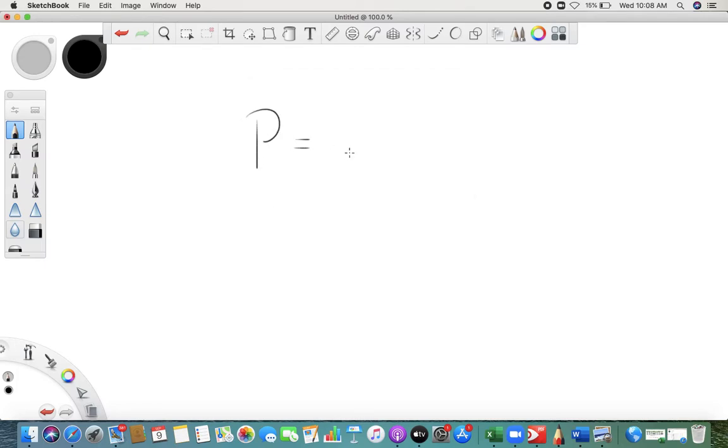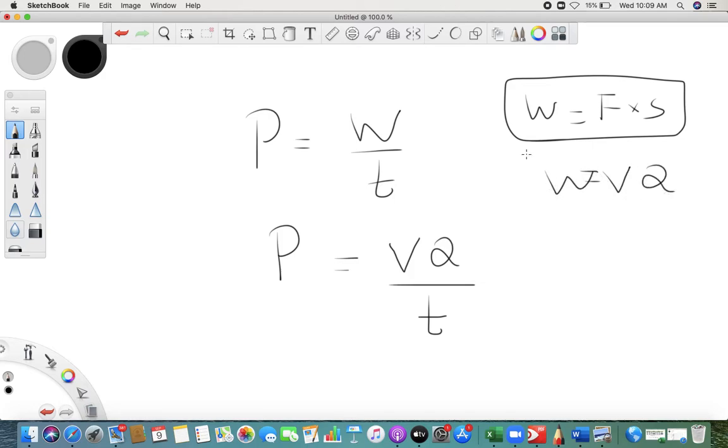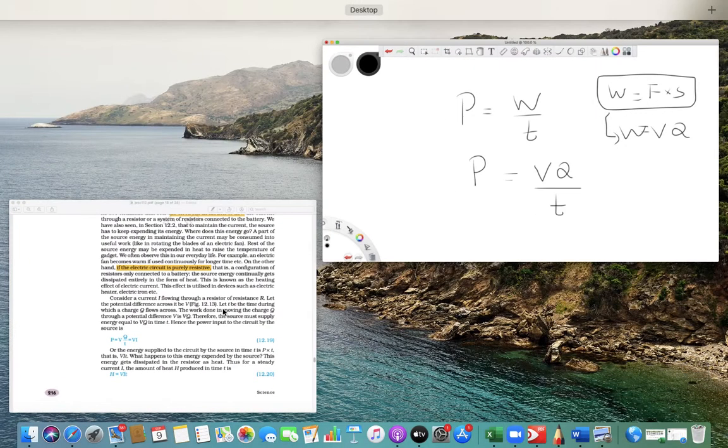Power is equal to, we learned, work upon time. Now here, work is done on what? Charge. The energy is given as this, and this is time only. Remember, we learned work is equal to force into displacement. This is what we learned in the ninth standard. Now here, instead of force we take potential difference, and the work is done on charge. So here we will write our work in this way.